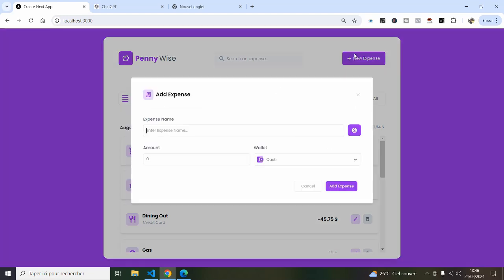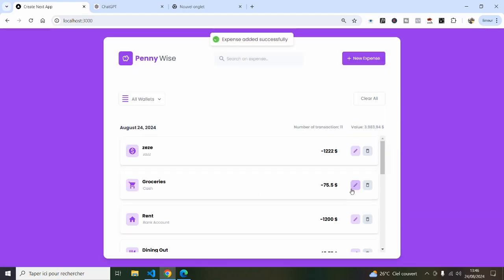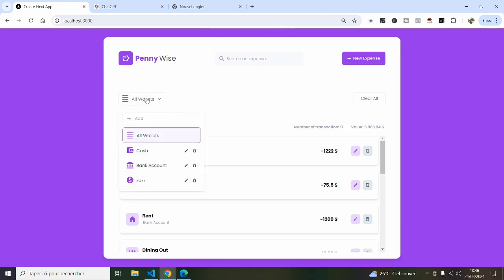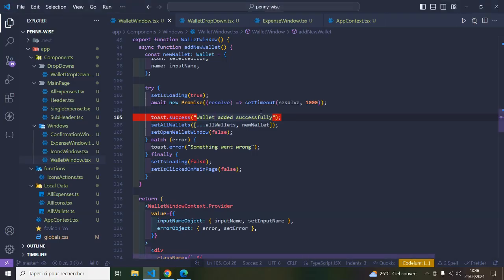Also, if we go to the new expense and go in here, we're going to find our wallet, and we can select it as well. So I'm going to show you. Let's add this expense. And after that, as you can see, we have our expense created successfully with the new wallet that we created. So let's go back to VS Code,